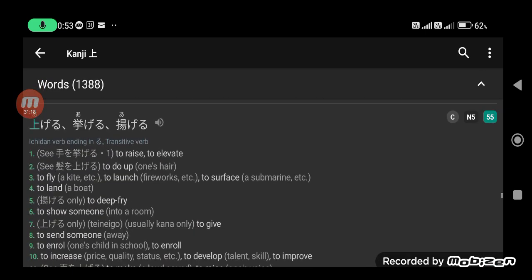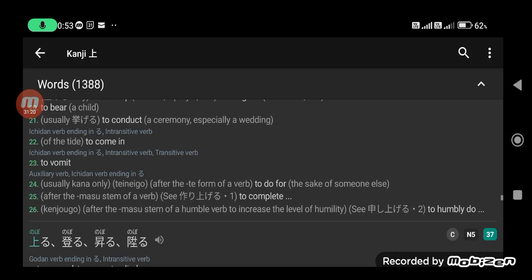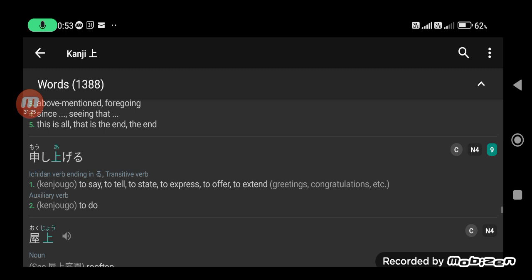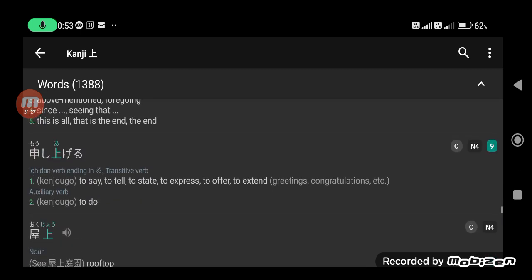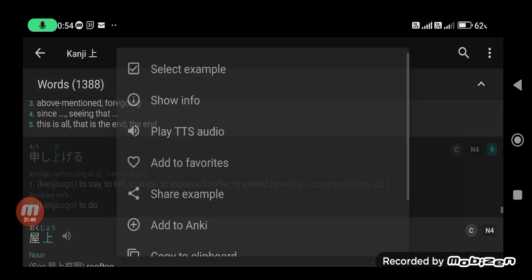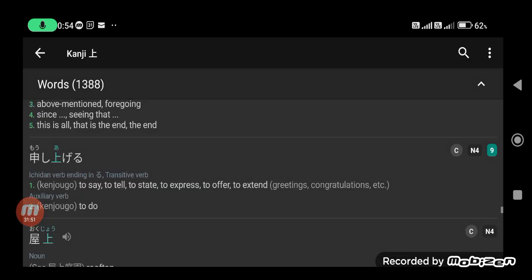So let's just skip now to the usage of names. Oh, we have a kenjogo here. Kenjogo means this is a humble way of speaking in Japanese. Moshi ageru. This is kunyomi compounding. Moshi ageru means to say, to tell, to state, to express, to offer, to extend. 申し上げる。